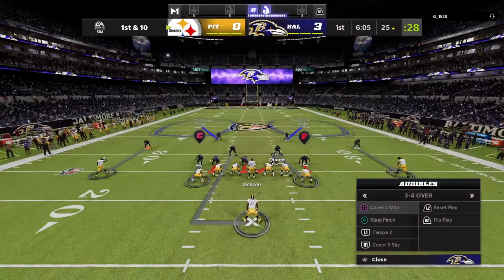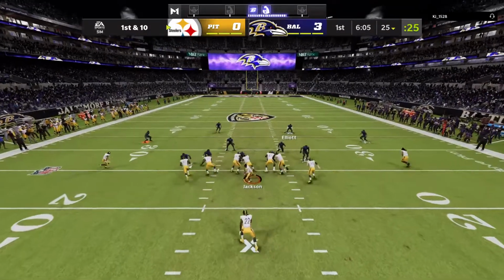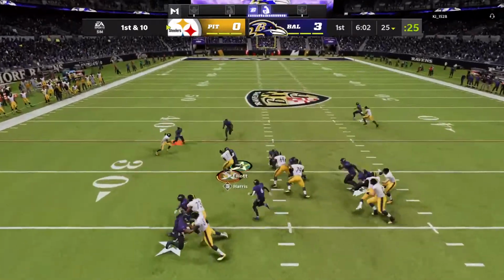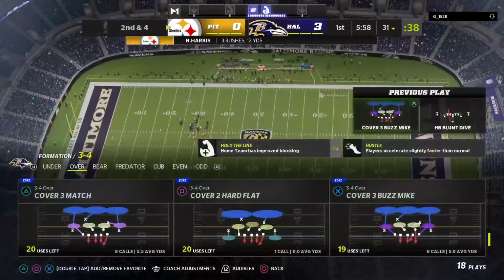The Steeler offense here about ready for their next drive. They threw an interception the first time they had the football, only gave up 3 points off of that, so it shouldn't be a difficult hole to overcome. It really shouldn't, as long as they're not listening to the chatter coming from the other side, because when you